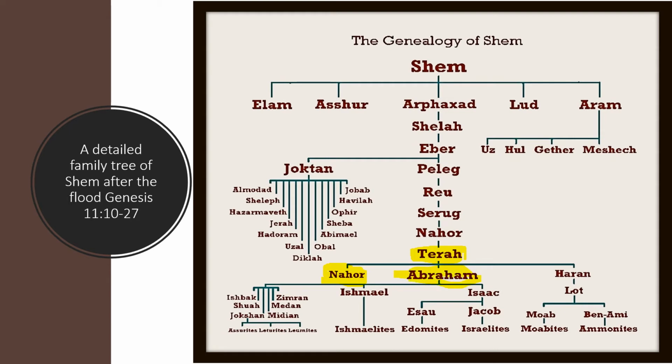Okay, and then we have Haran, Abraham's brother who died, the father of Lot, Abraham's nephew. So that's where Abraham comes from. And then we have under Abraham. Actually, let me go to Lot first, since he has fewer people there. Under Haran, Abraham's brother who died before they even traveled, we have Lot, Abraham's nephew, who he traveled with, and who also ended up in Sodom and Gomorrah. We're actually going to talk about that story. Okay, and under Lot,